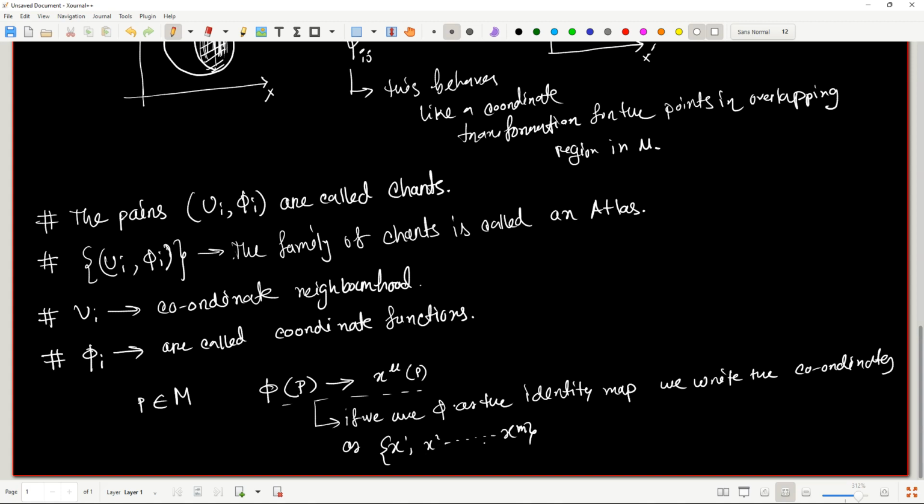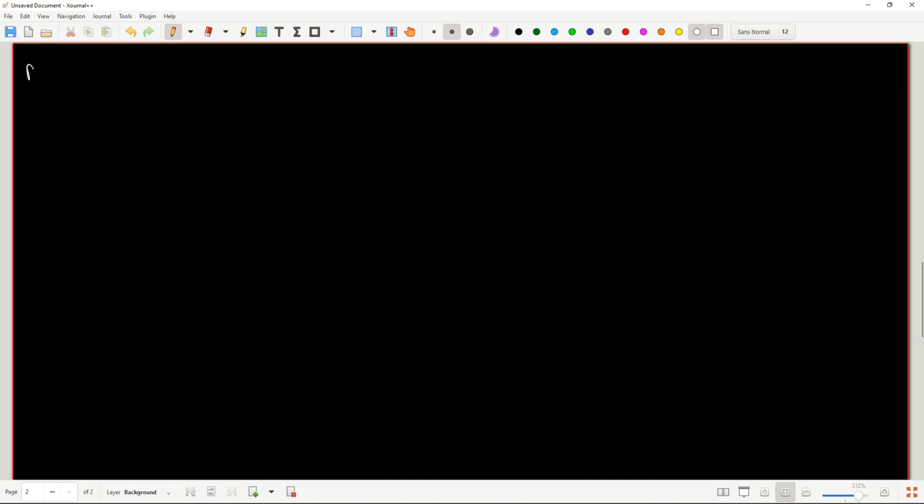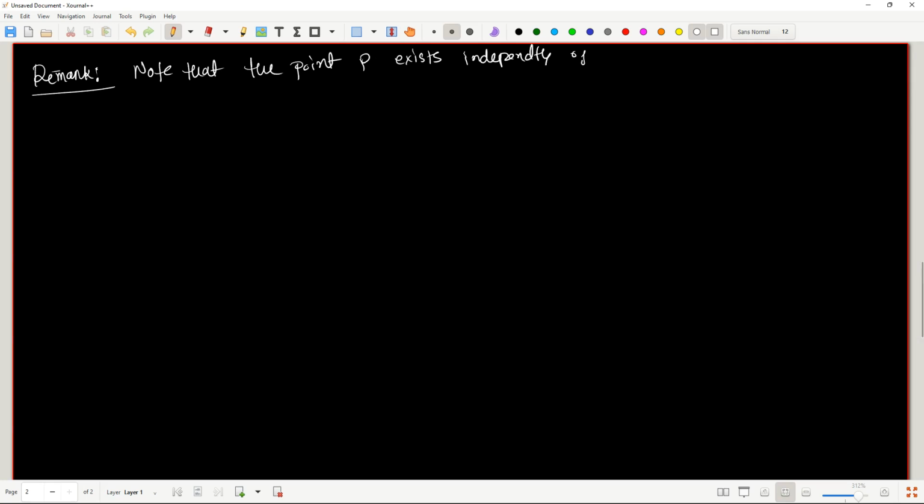So what we note is that, this is a note, or you can call it a remark. Note that the point P exists independently of the coordinate systems. And it is up to us how we want to assign that coordinate to that particular point. Okay,